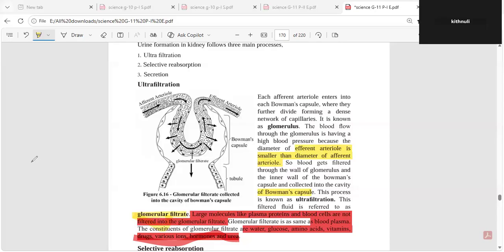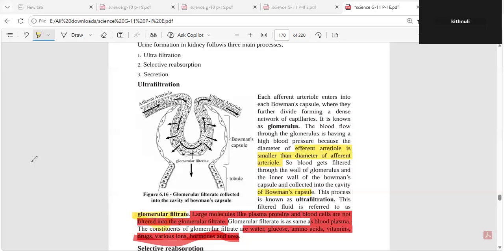So this filtrate also contains mainly water. And the small molecules are filtered out: glucose, amino acids, vitamins, drugs, and other ions. All those things